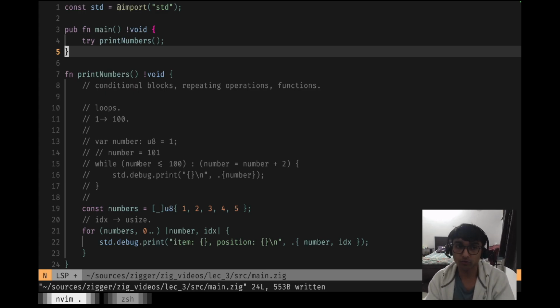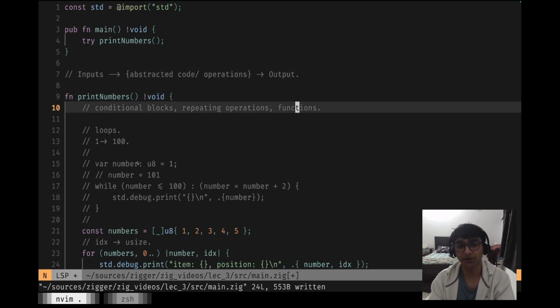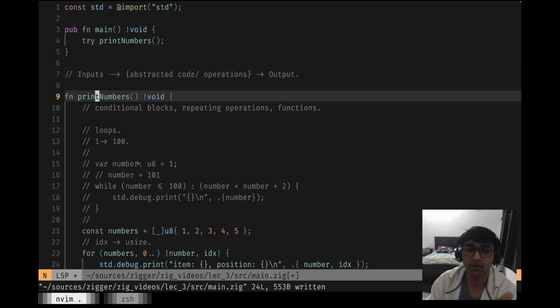So to summarize, functions are basically where you pass some inputs to a bunch of abstracted code, or certain operations, and you expect some output. And this output can again be passed as an input to some other function. But this is what it does. Basically, you can write your program without functions actually, but there's this concept